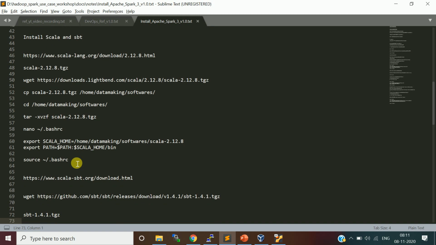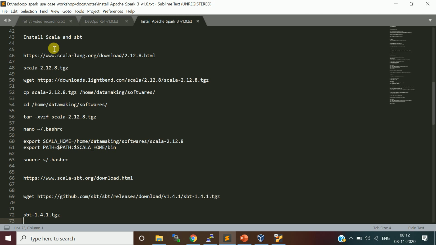SBT is a simple build tool, basically used to build your Scala project. So basically you write source code in Scala, right? You want to build it as a jar, because Scala uses a JVM to run your code once it's built as class files, right?